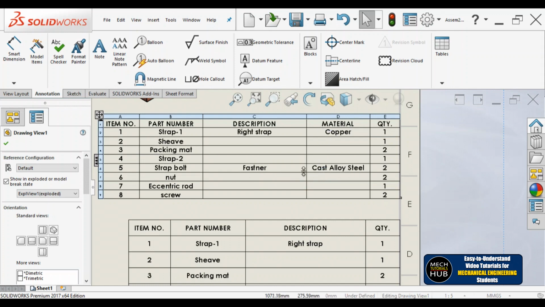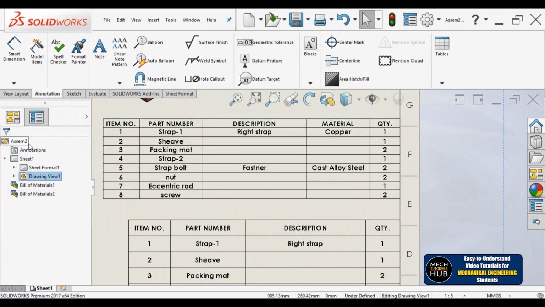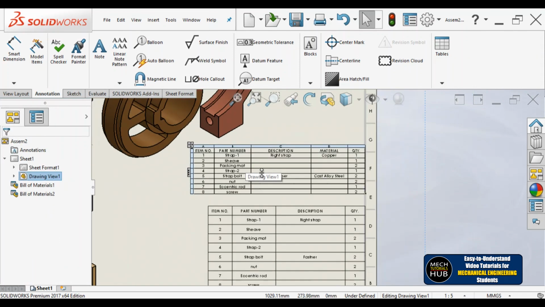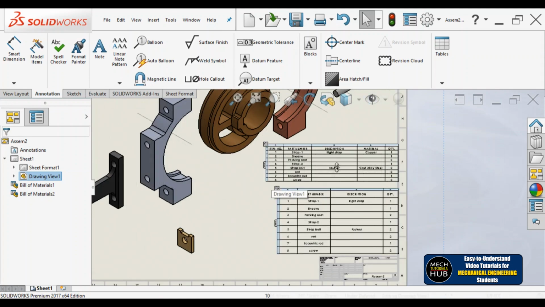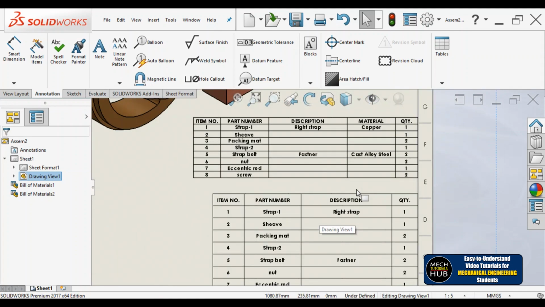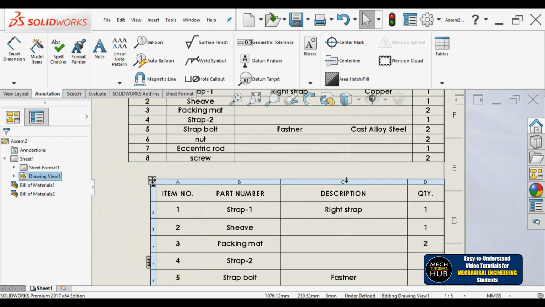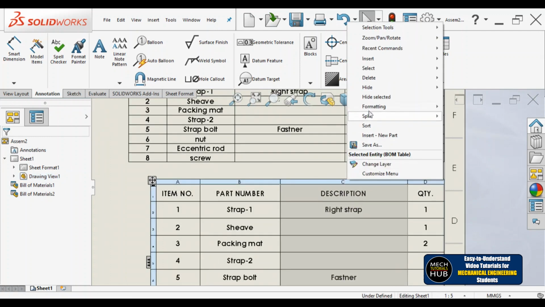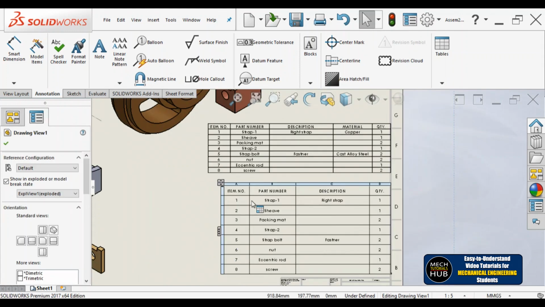Similarly strap bolt, it is a fastener and material is cast alloy steel. Now this description is given by me according to my idea, and for your understanding I have given some material, but you can give whatever material it is supposed to be manufactured from. Every other thing can be given, and the tables can be edited to whatever style you want, and if some column you don't want, right click on it and you can directly delete the column.